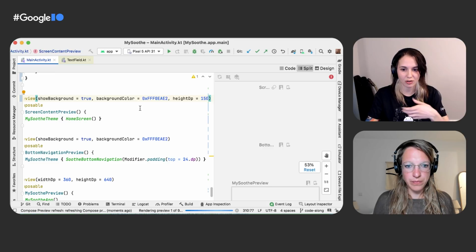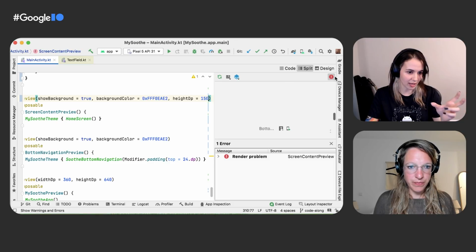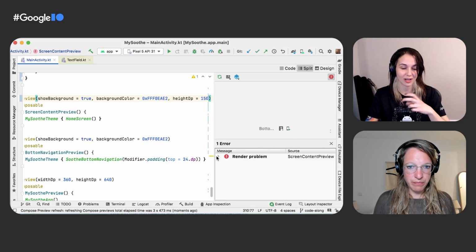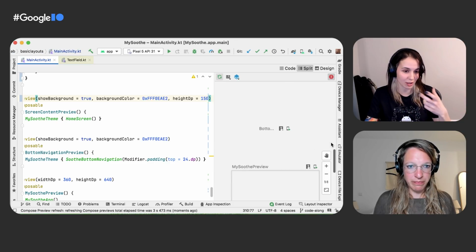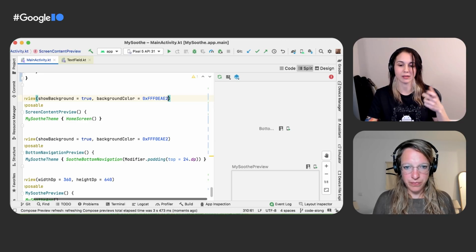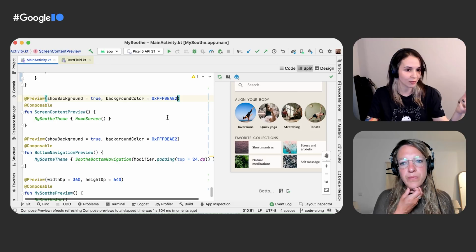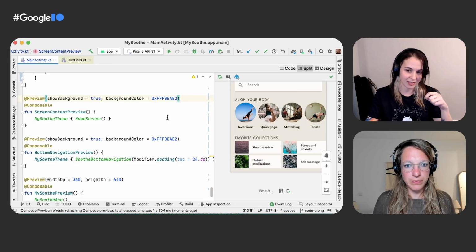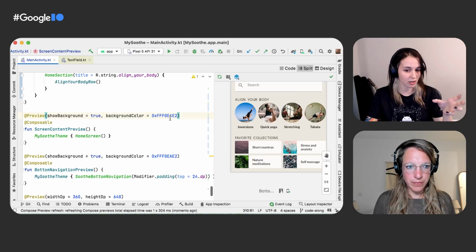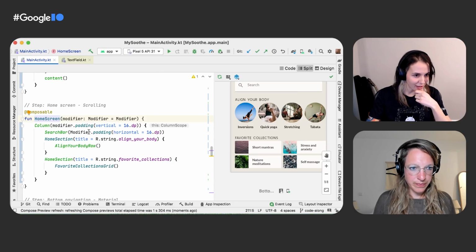In general, you can use them when you have a lot of elements in the list or you expect large data sets to load. So emitting all items at once would come at a performance cost and you would slow down your app. When a list only has a fixed or a limited number of elements, we can instead choose to use a regular column or a row like we did now. But in that case, we need to add the scrolling behavior manually. So to do so, we can actually pass the vertical scroll or horizontal scroll modifiers. Can you show us how to do that for our code?